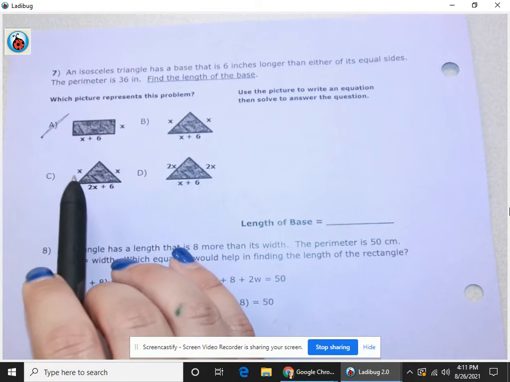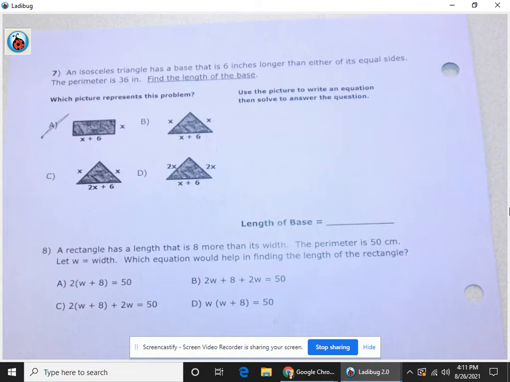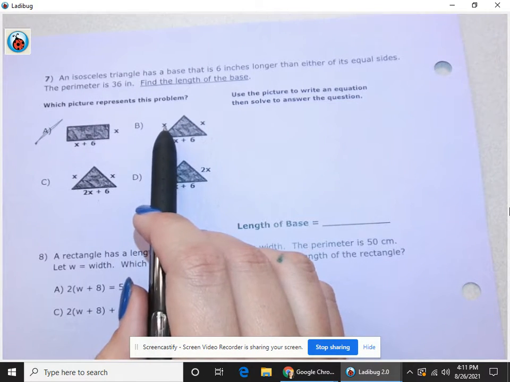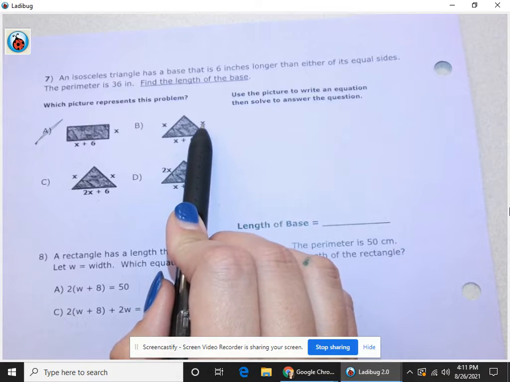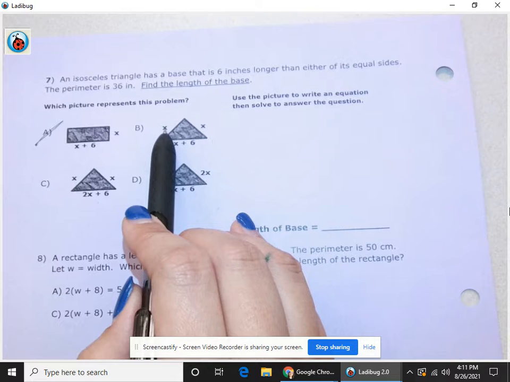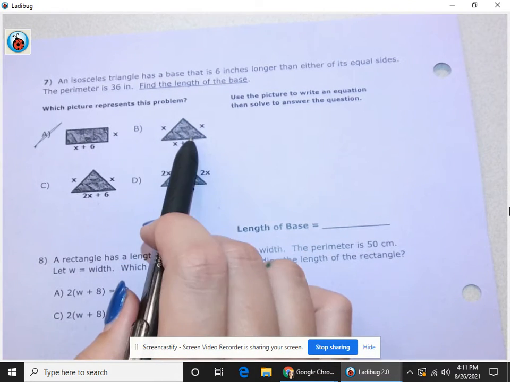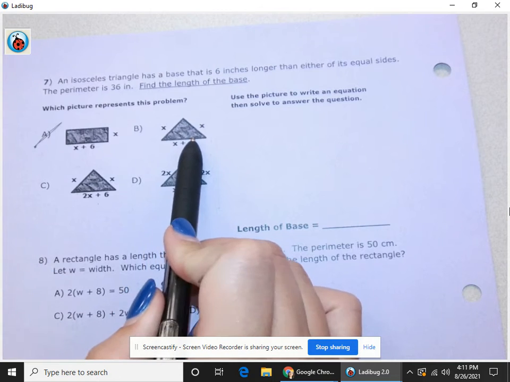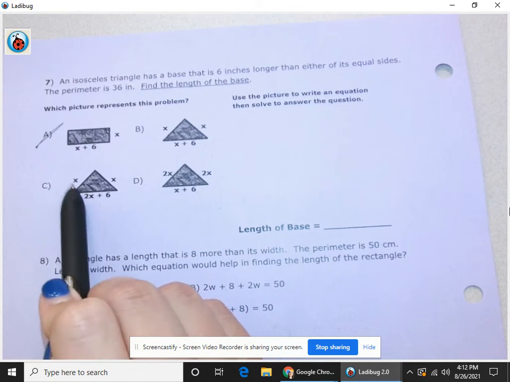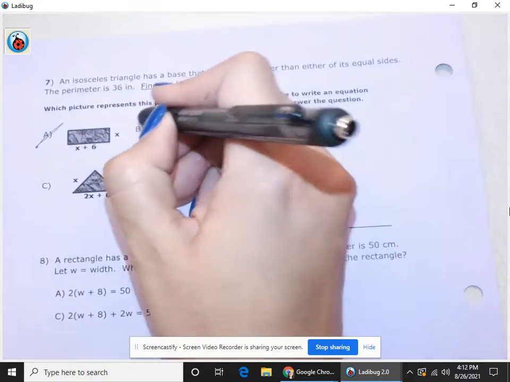So if you'll notice, all of the sides are equal to each other when I'm looking there, except for the base. So when I'm looking at B, I've got x and x. Well, this is saying 6 inches longer than either of its equal sides. Well, if my equal side is x, and I'm adding 6, that's 6 inches longer. So that very well could be our answer. But let's just double check. For C, 2x and x, they aren't the same, and then 2x and x aren't the same,